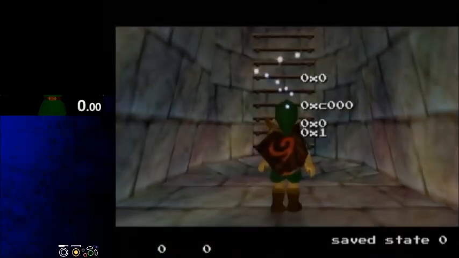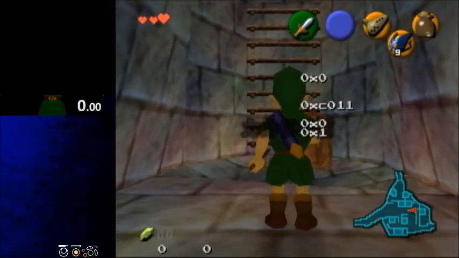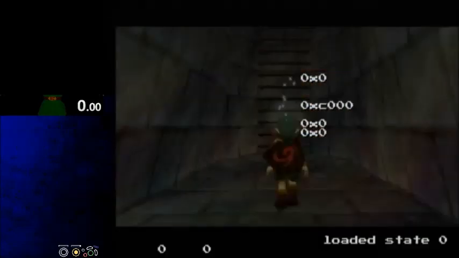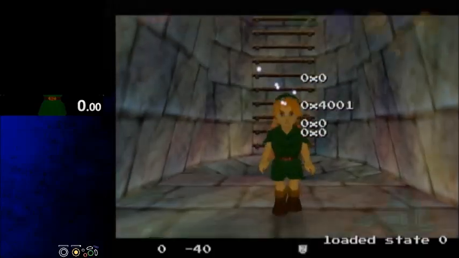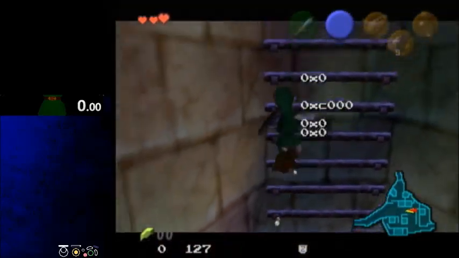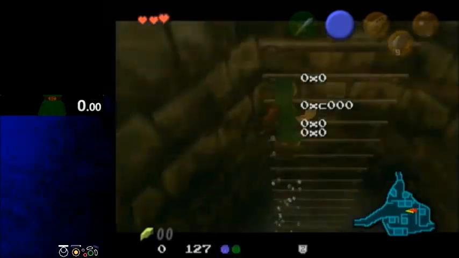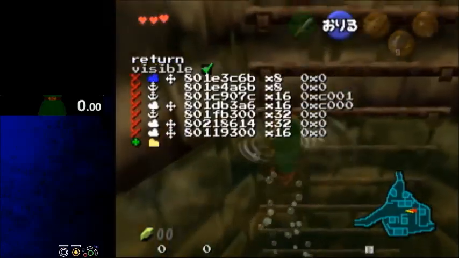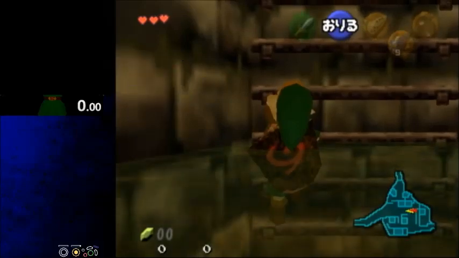There's a few different ways you can do this. What you can do here is you can either jump slash into the water here, or you can backflip. Backflipping is a bit safer, but you can miss the jump slash. It depends on what you want to do. So, sorry, let me just get rid of these watches. So, what you want to do